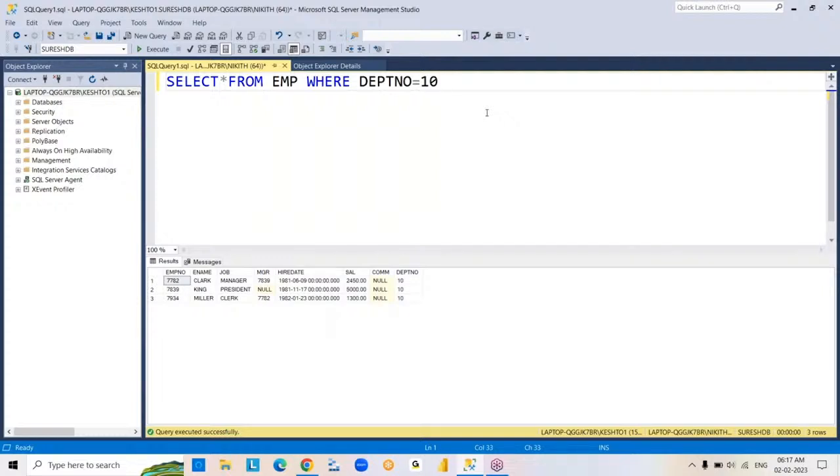Coming to data, rows, you are writing a condition, the where condition. So when you write a condition, what happens is it retrieves only the condition-satisfied data. Okay. Now,